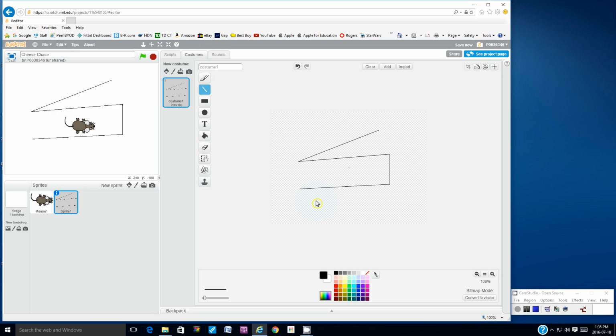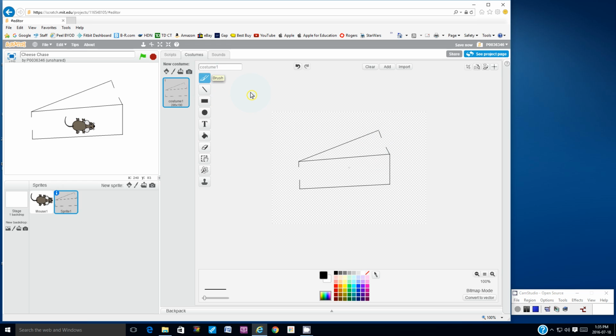All right, I'm going to go back to my line tool and start drawing a vertical line down, and then from the bottom edge I'm going to try to draw a vertical line up, and I'm going to leave an opening here. And I'm going to do the same for this part of the top of the piece of cheese. I'm going to start drawing a diagonal line, and then from the top draw a diagonal line here. And then I want to fill in these gaps with the paintbrush tool with